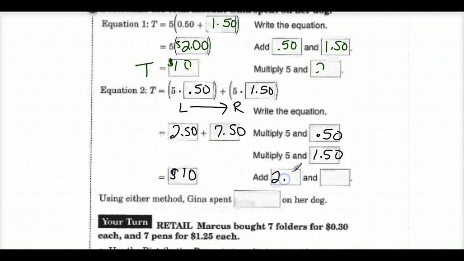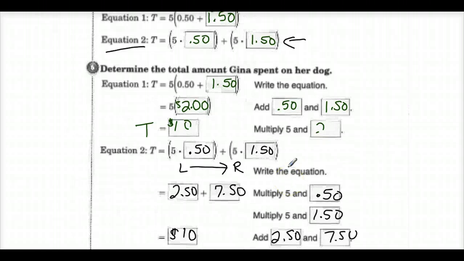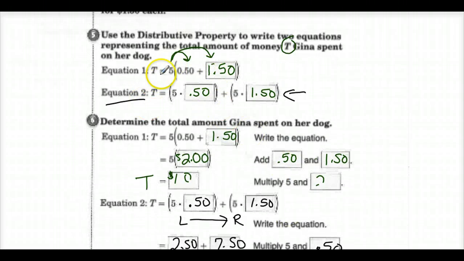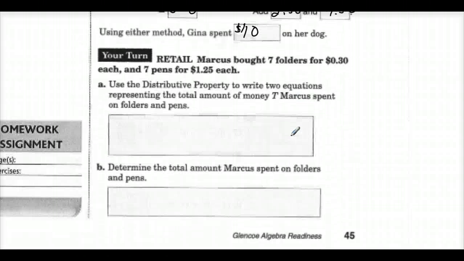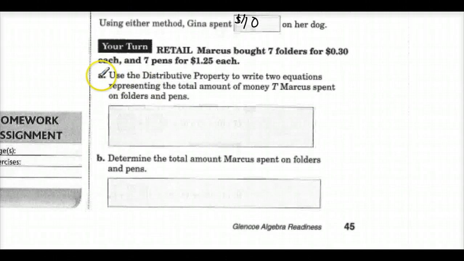How do we get that? We add 2.50 and 7.50. And using either method, Gina spent $10 on her dog. So you know that the distributive property really does work. It doesn't matter which way you write it. If you add them first, then multiply them by 5, or if you multiply each term by 5, you'll get the same answer. Alright, so now I want you guys to try A and B on the your turn